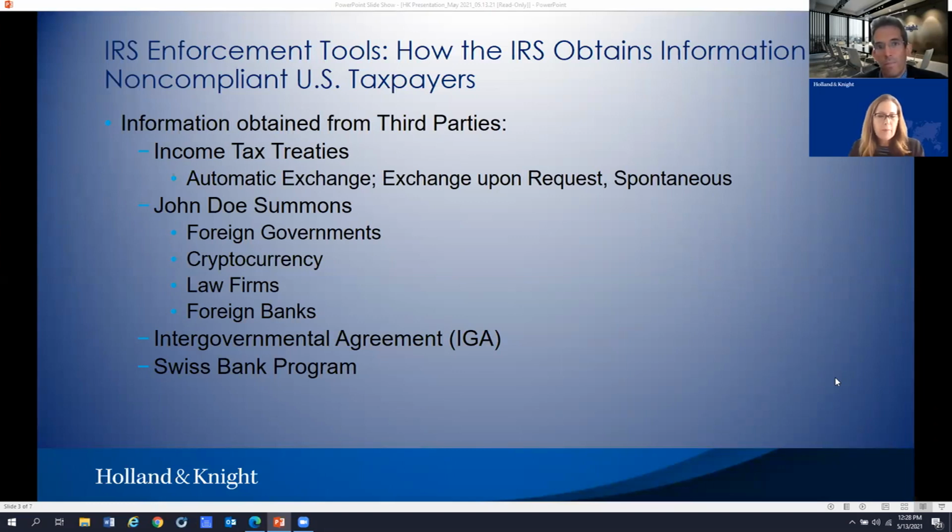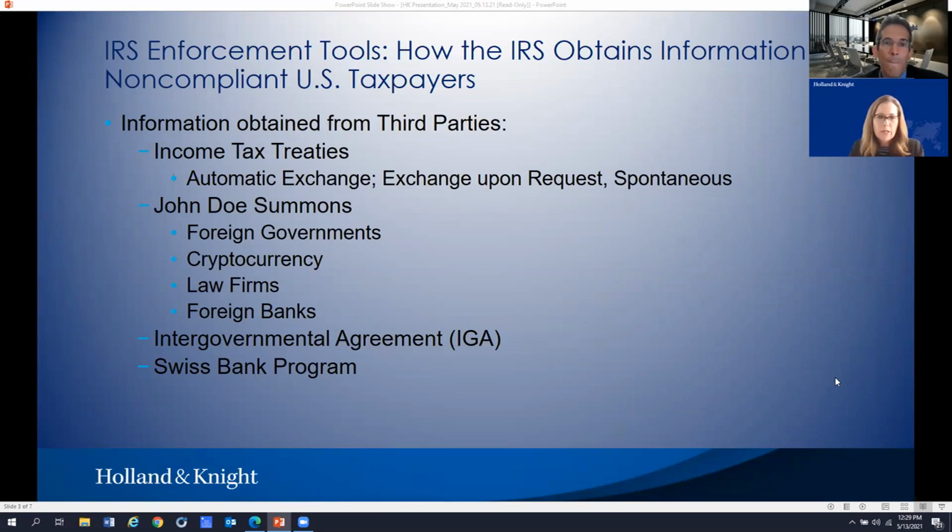I mentioned that they had to pay penalties. The penalties were equal to between 20 to 50% of the maximum aggregate value of all the US related accounts. Now, the penalty could be reduced if the banks convinced some of their US account holders to come forward and disclose their accounts. So you did have, at the time, I recall a lot of Swiss banks even funding the legal expenses for the US account holders to try to get those folks to come forward so that they could reduce their penalties under the program.